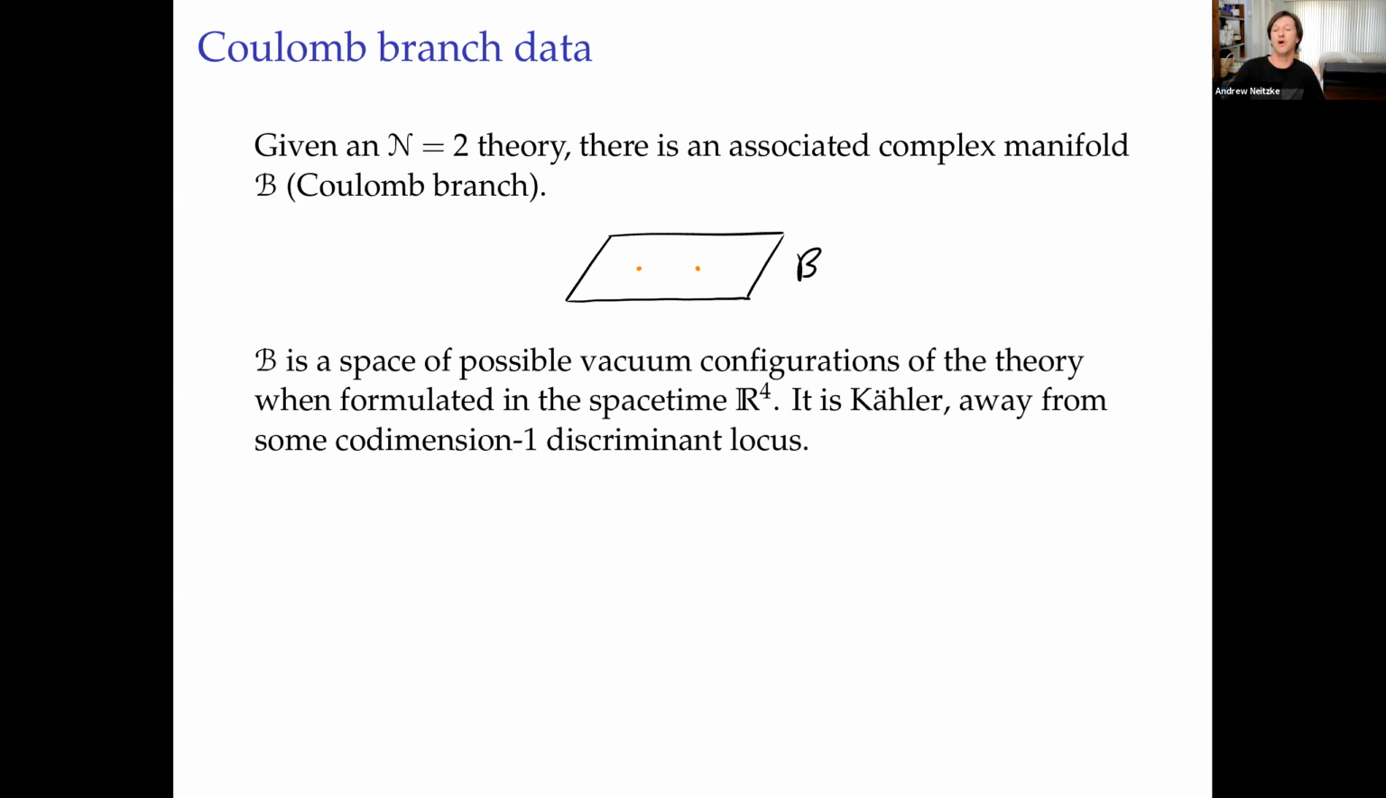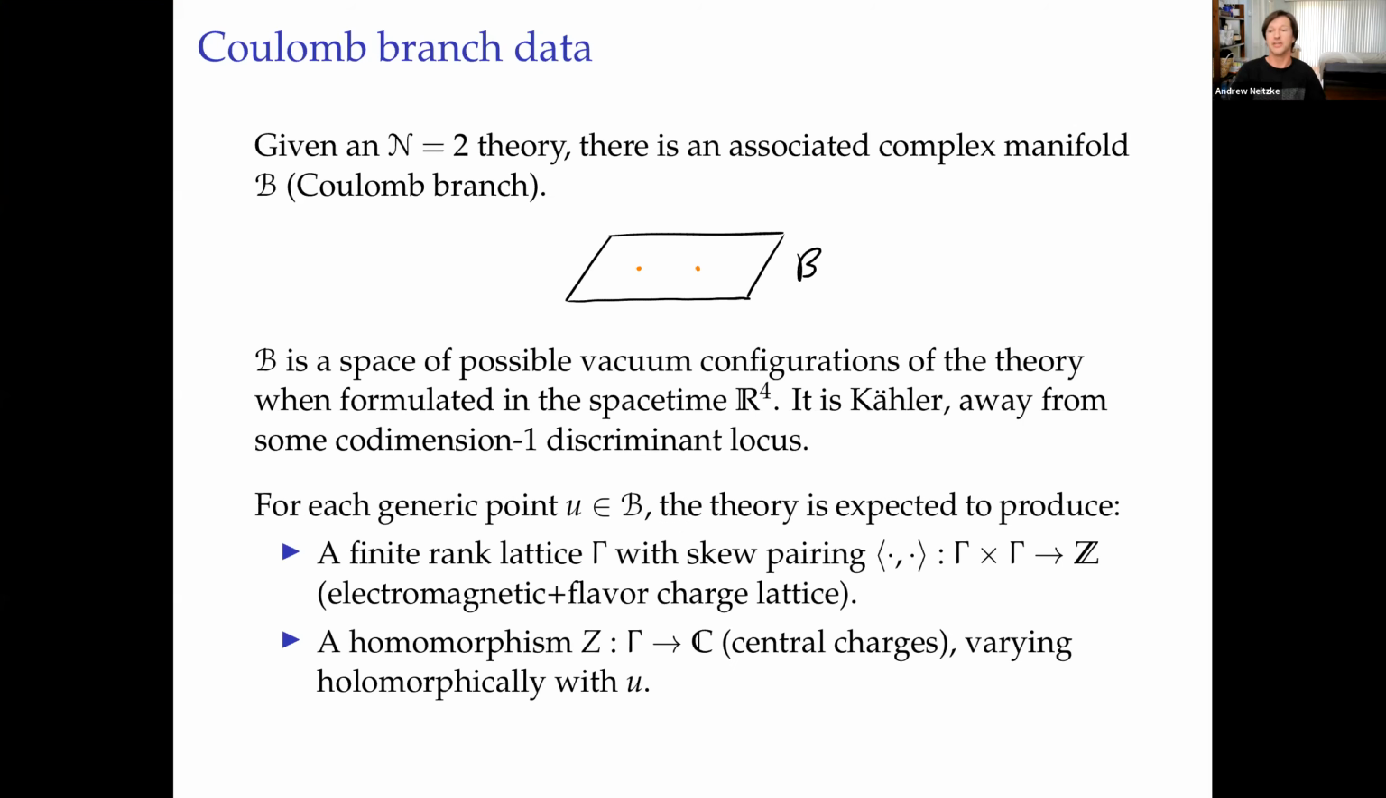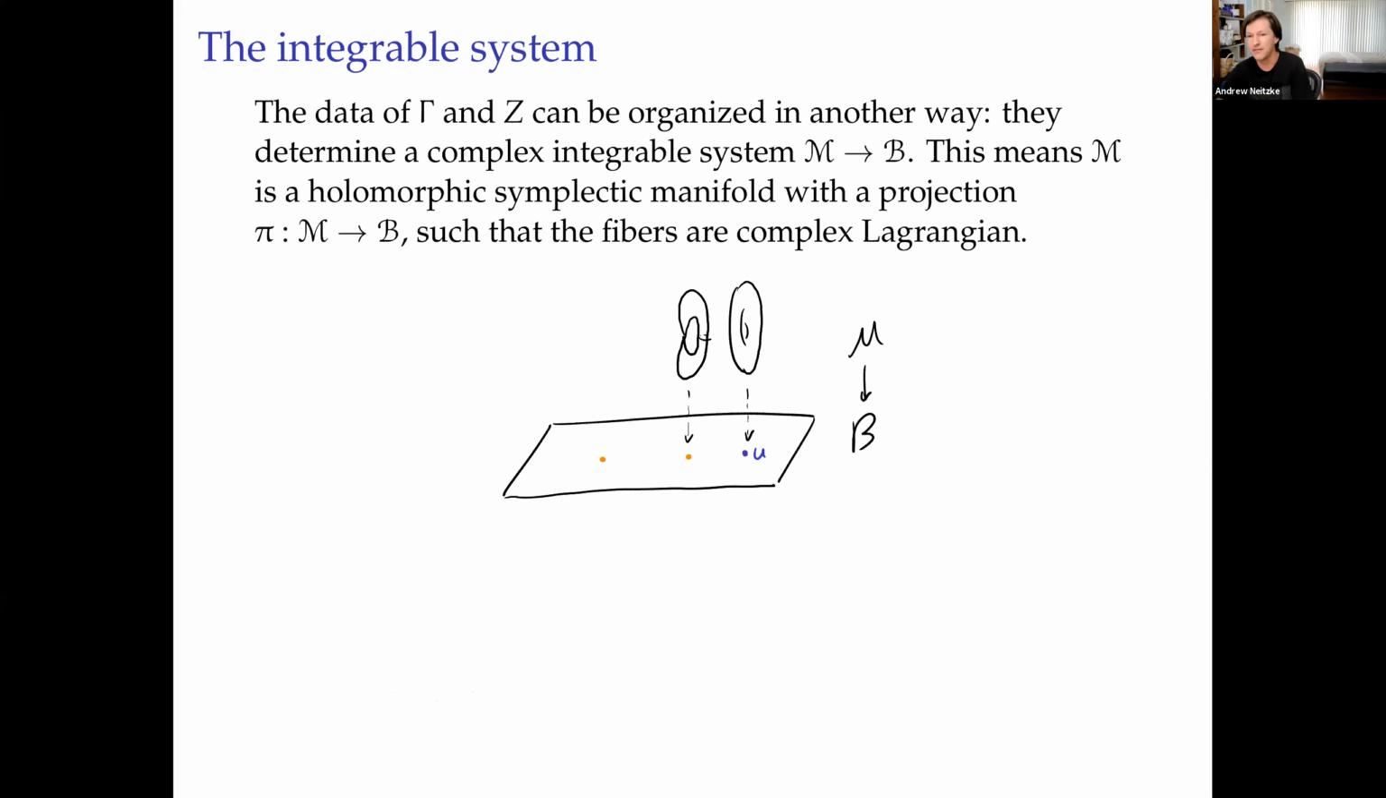Okay, wonderful. So I just told you that if someone gives you an N equals 2 theory, there's some data associated with its low energy physics, which is a complex manifold with a local system of lattices over it, away from a discriminant locus. And then for each of those lattices, you have a homomorphism to the complex numbers, which varies holomorphically. Now, there's another way of organizing that data, which is a little bit more